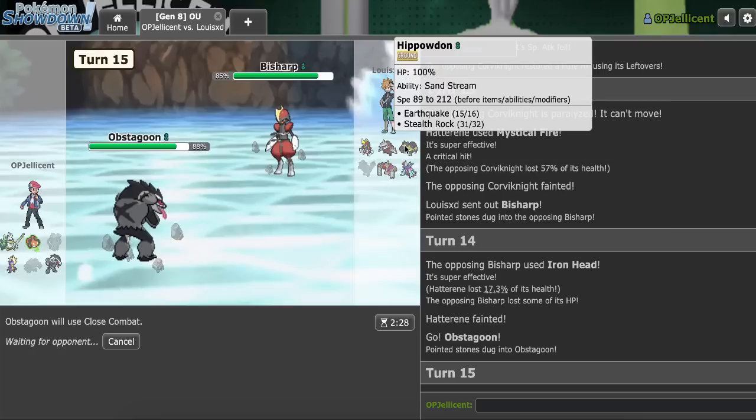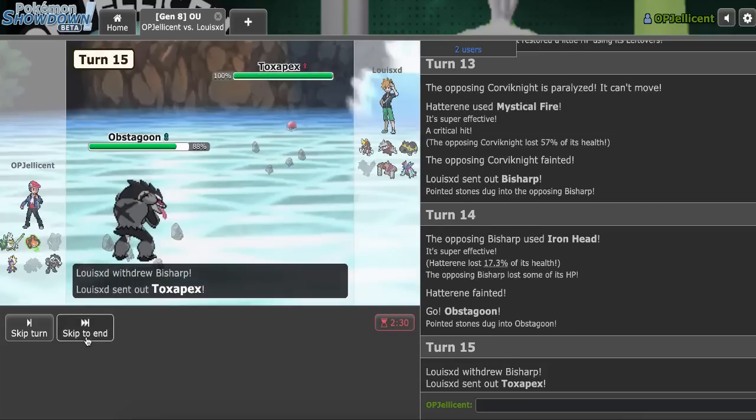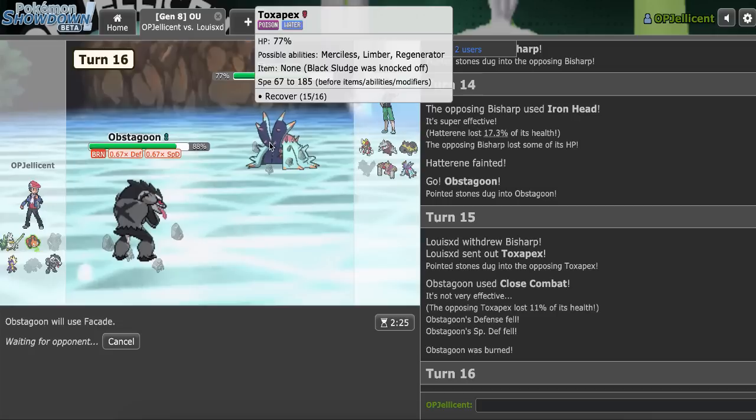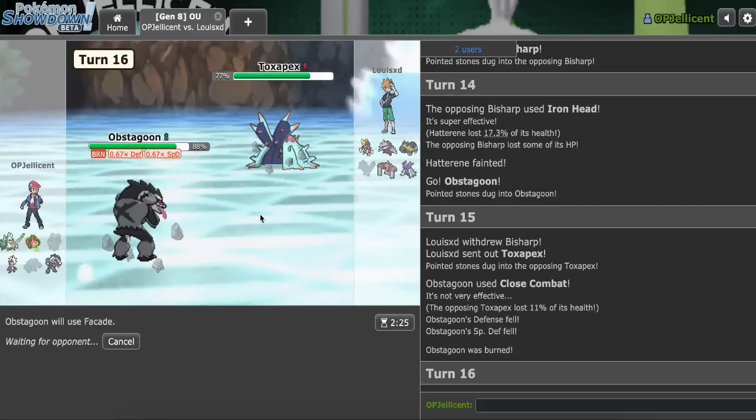They might pivot to Hippo. Ends up being Peck's pivot. When did this recover? Did it just recover and I forgot? I'll Facade here. Maybe they're not Baneful Bunker, but this is going to be tough if they are. Also, it's going to be tough if they're T-Spikes instead of Toxic, but...